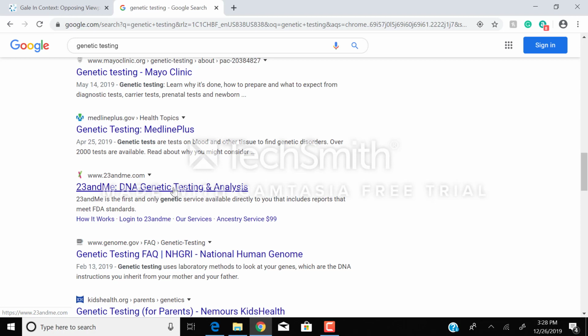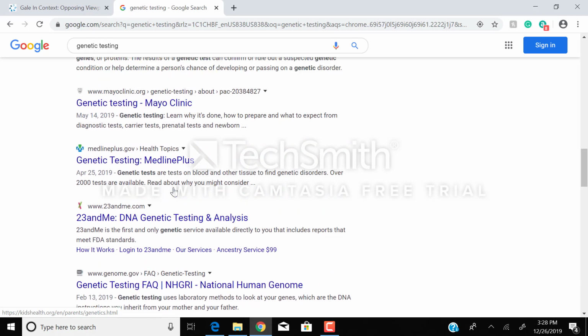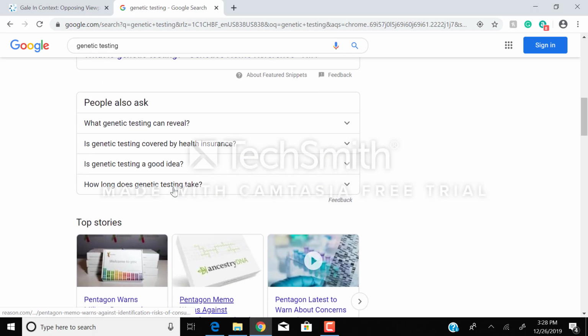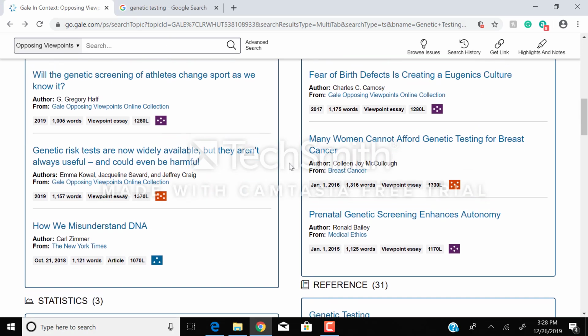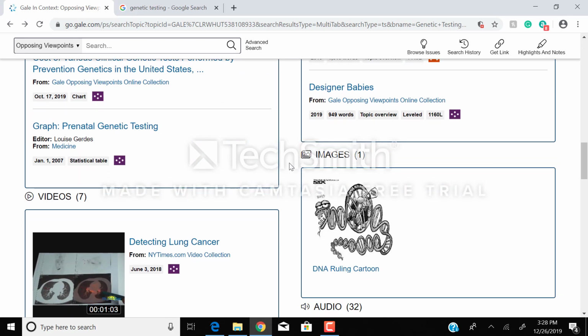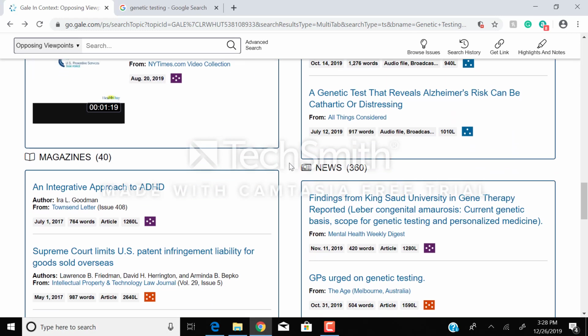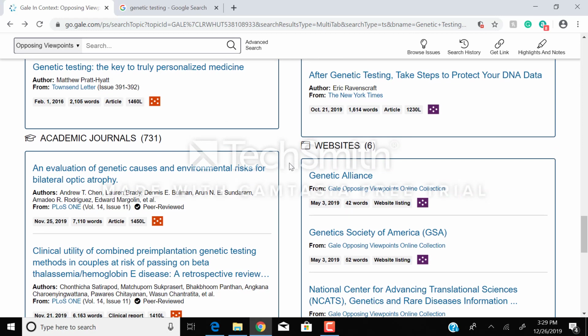So that's the general idea. Try to stick to library resources if you can. Get a good variety depending on what your assignment says. If we look here in this database, we've got academic journals, a great place to start. Although they might be a little complicated, you at least know that they're going to be very authoritative, and sometimes they'll have information about the authors there. Alright, and they're peer reviewed, which means that a group of experts have reviewed it and determined that it passes their muster.